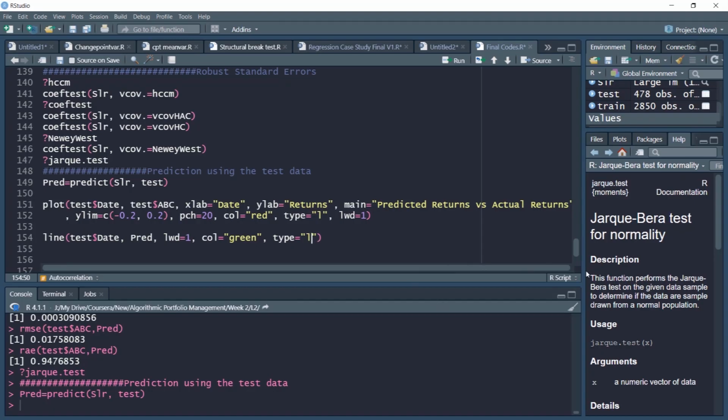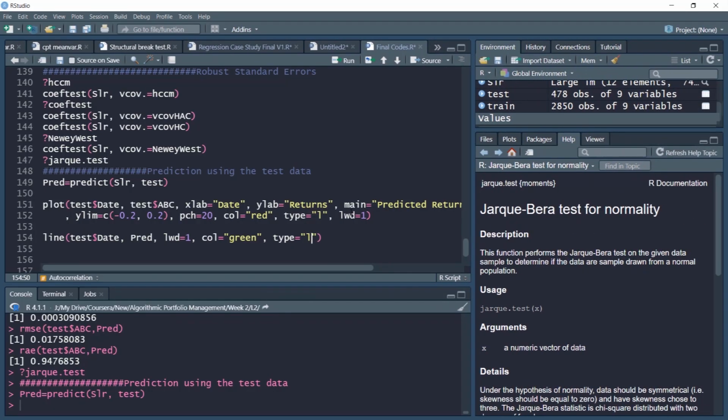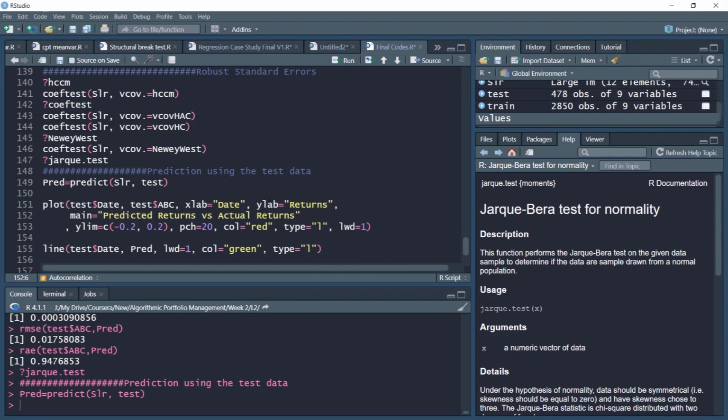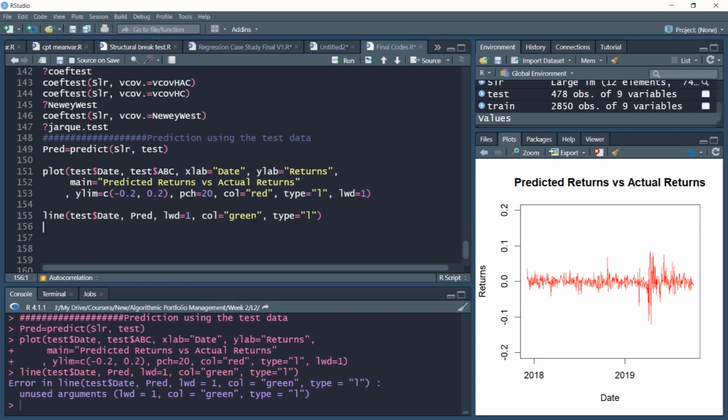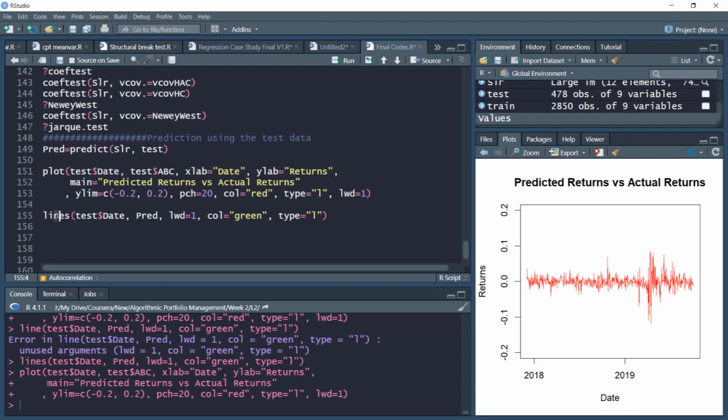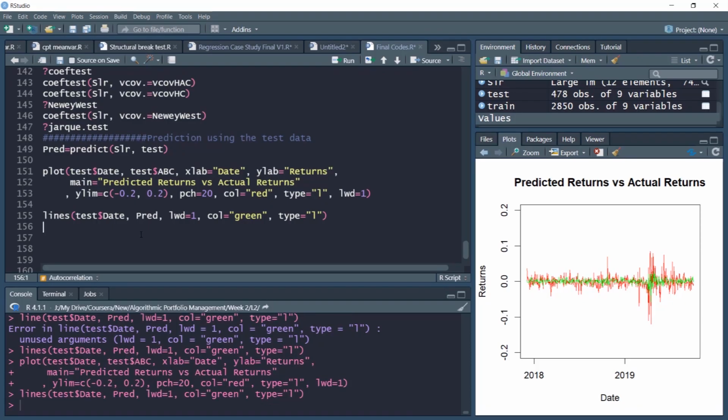So first let us plot this. Let us plot using this command. Let's see if we are getting the object right or we are getting some error. So this object has worked. Currently in red we have the actual returns in the test data. We'll add some lines with this command. So we'll run this lines command, and these green ones are the predicted ones. This is our predict object.